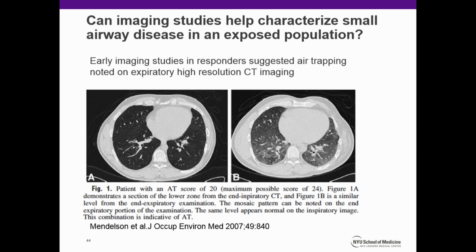So we had hoped to be able to also do imaging, and early studies came out showing that in the responders, one had air trapping, as shown on the right, in CAT scan evaluations. And part of our routine evaluation in someone who has an abnormal lung function by spirometry, or unexplained symptoms that are severe, is also to do an inspiratory and expiratory CAT scan. But we actually had a lot of trouble carefully quantifying this, and so we can't really report on that.